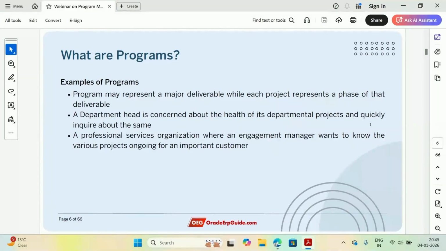Let's say you have the construction industry, right? Nowadays, a lot of big developers and builders are creating big residential projects, right? So imagine there is a builder in Bangalore, say Prestige Group or DLF Group, and they are coming up with a new housing residential project. Now imagine the project has four buildings, four towers. Now each tower is one phase. So phase one tower, phase two second tower, phase three third tower, phase four fourth tower, and then finally the